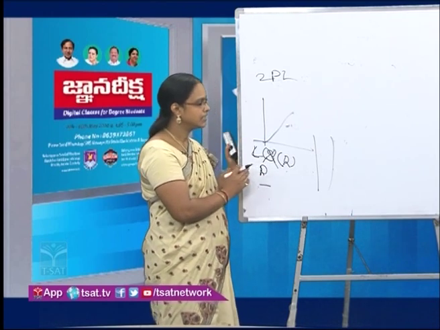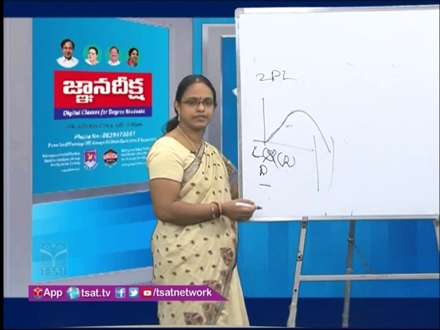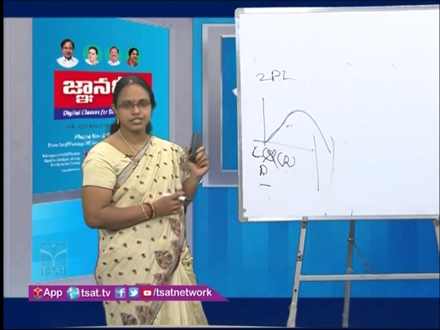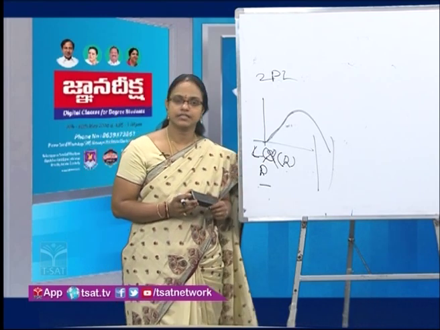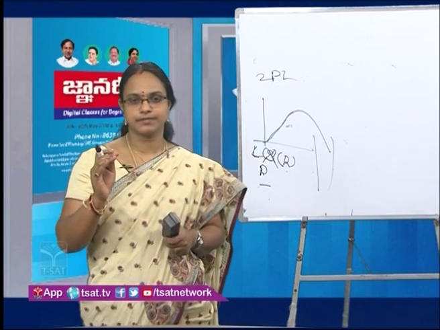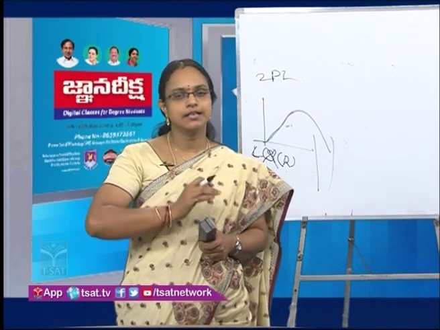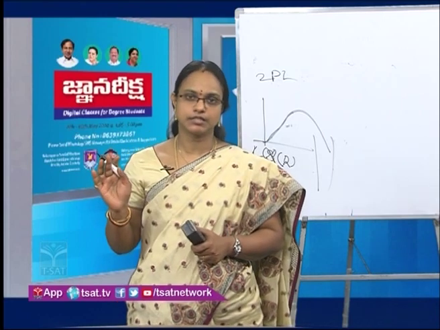Okay, fine. Now two-phase locking has two phases: the growing phase and the shrinking phase. What is the growing phase? In the growing phase, the transaction applies the locks. It applies all the locks for whatever database objects it wants to use. It will not release any locks in this phase.